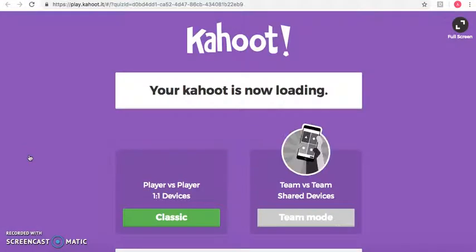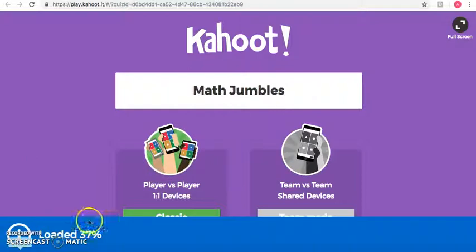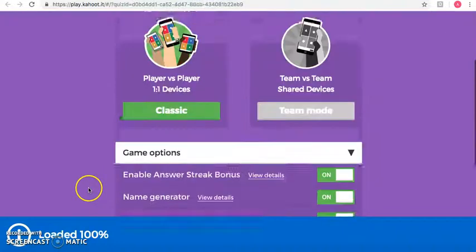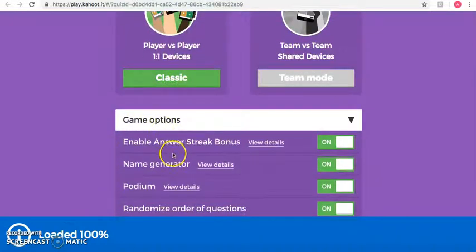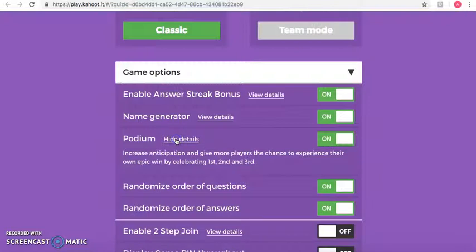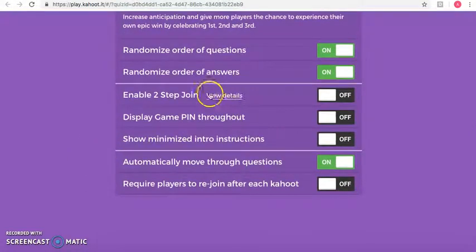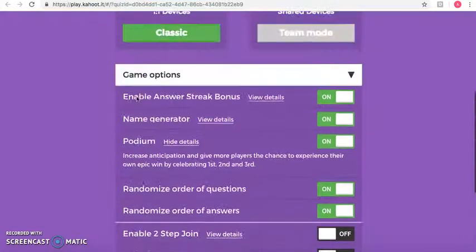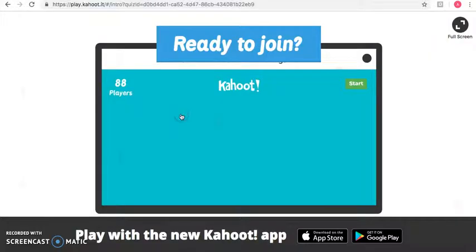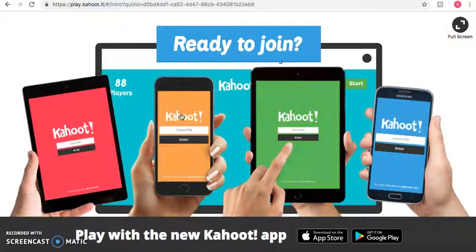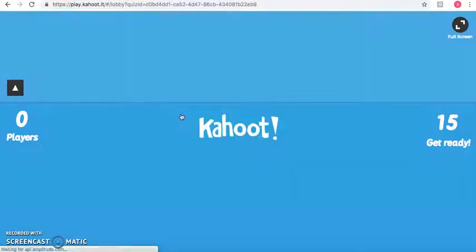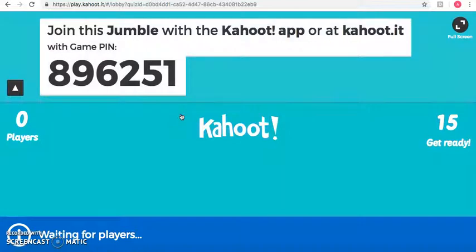And again, I'll log in on my mobile device. So again, those game options that you can change. Podium, give more players a chance to experience their own epic win. So you can have first, second, and third place. So if you want more security with no logging in. And we'll just go to the classic here. This way you can kind of have an idea as to what it is like when you are doing this one. So we will enter our code